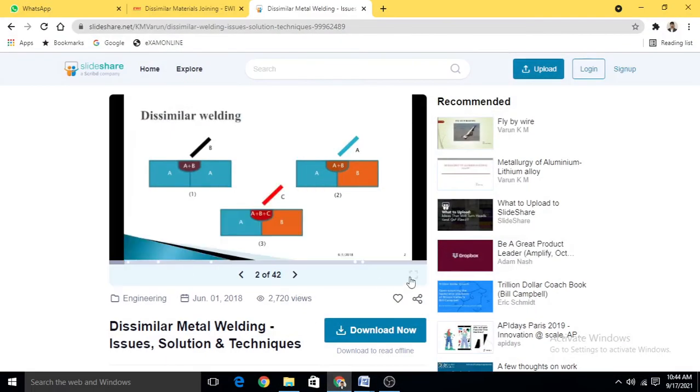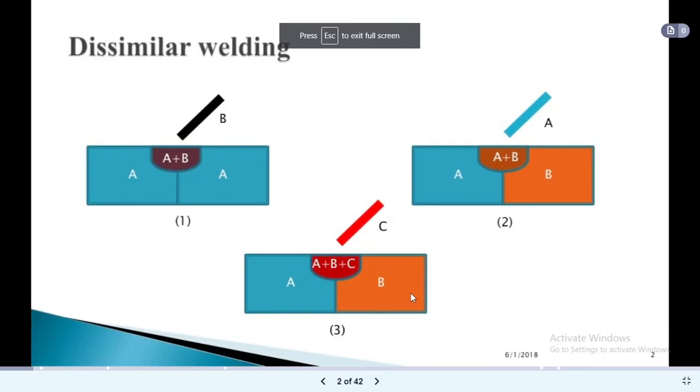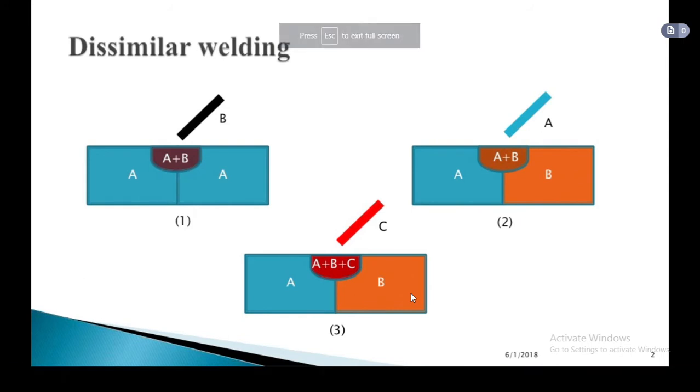Hello students, in today's session we will discuss the welding of dissimilar materials. As we know, welding is the joining process which is used to join similar or dissimilar